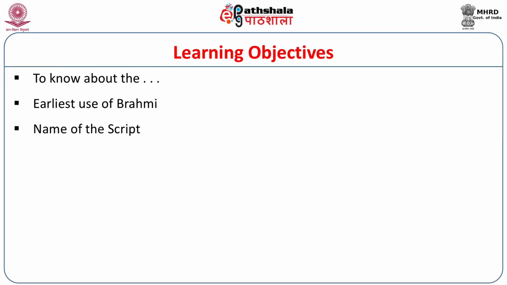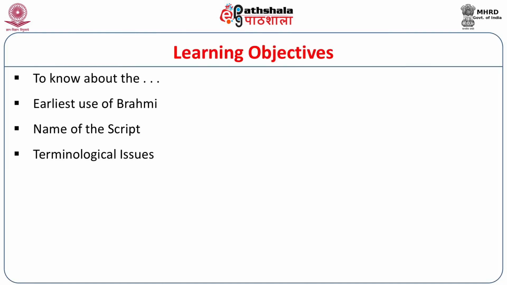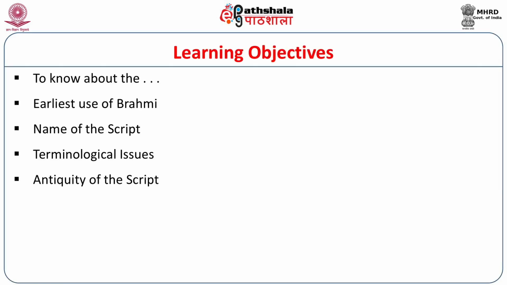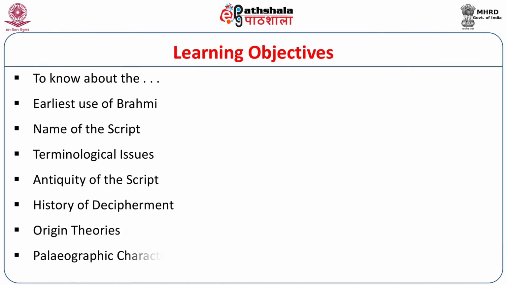We have to know how this name came to be known to the scholars, that this particular script is Brahmi. We have to consider terminological issues, how the nomenclatures of different Brahmi scripts of different periods came into existence in academics. Then we'll look briefly at the antiquity of the script, and then also the decipherment of the script, how the script was deciphered in the early 19th century, then the origin theories, and finally the characteristic